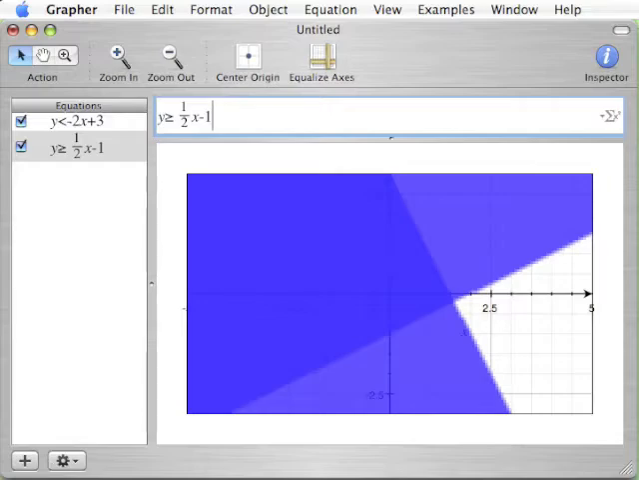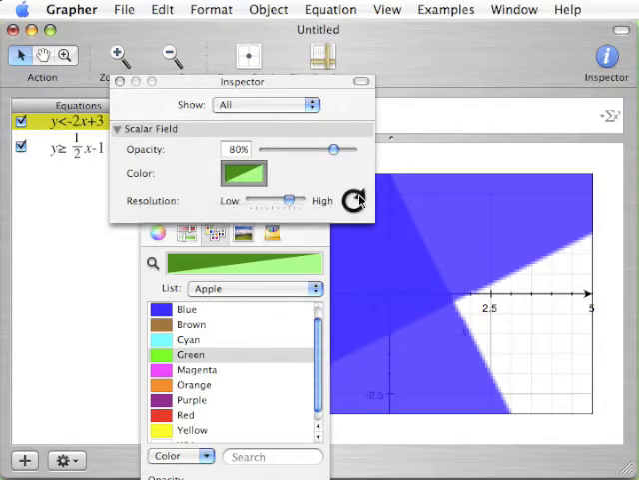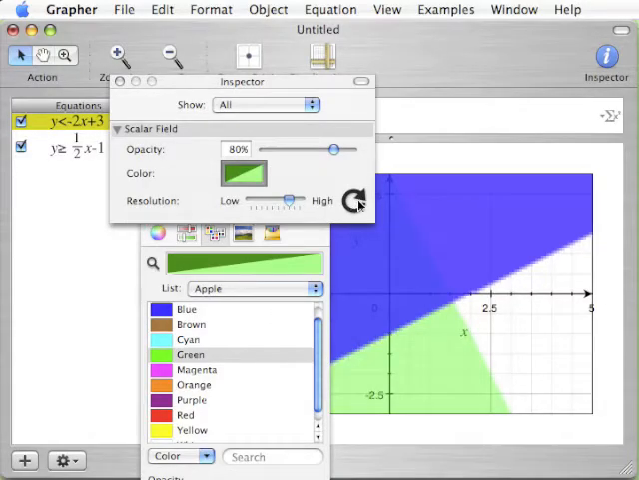Now if we want to change the shadings, we click on the one we want to change, hit the inspector, click the color. Suppose I want that a green instead of a blue. Drag the green up, and here at the bottom of this I can make it a little bit less opaque, and I'm going to click the wheel to change it. And now I'm going to get out of this one,